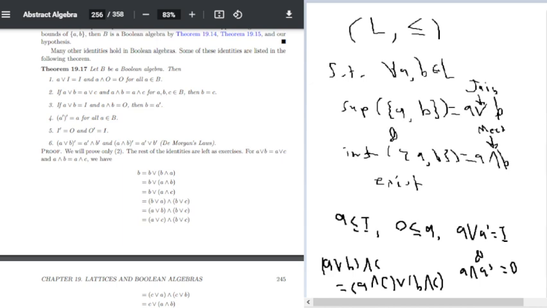So, we will only prove 2. The rest of the identities are left as exercises. Oh, how fun. For A join B is equal to A join C, and A meet B is equal to A meet C, we have that